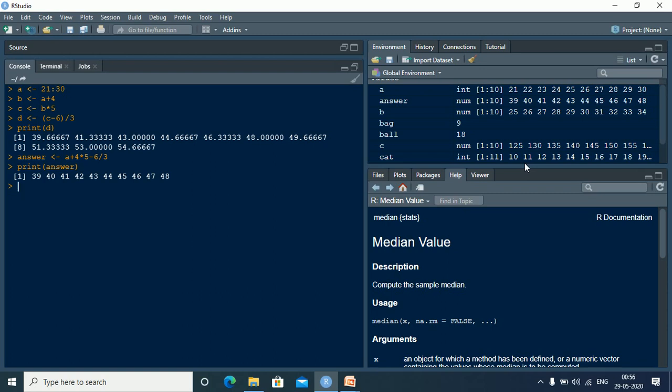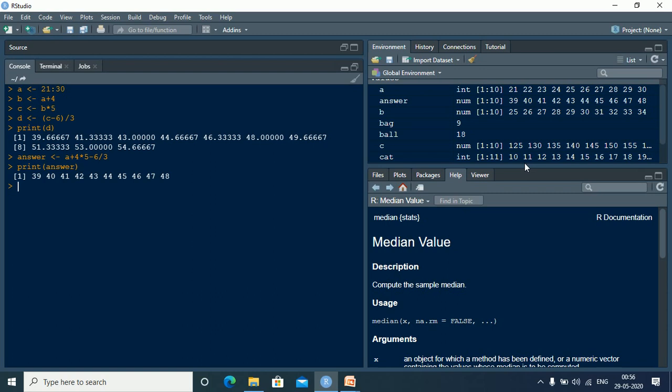If you remember the BODMAS rule, R also follows that order of operations, whereby any exponents or roots are carried out first, followed by division, multiplication, addition, and then subtraction.